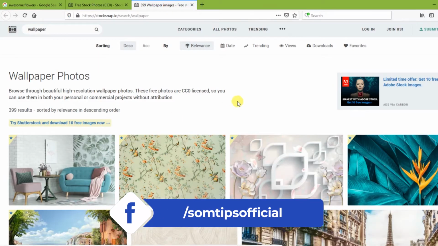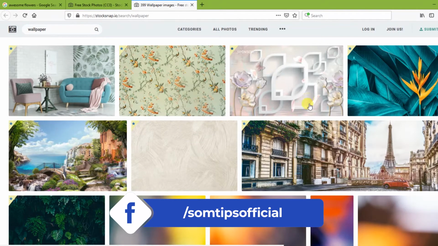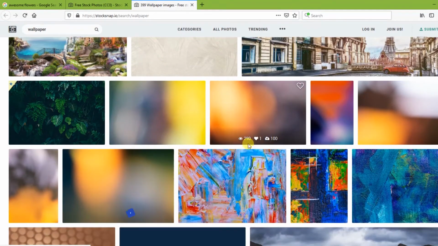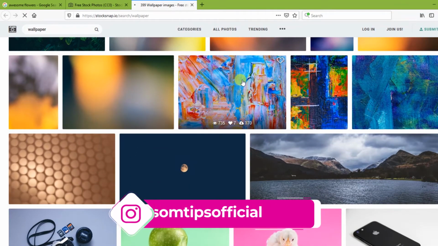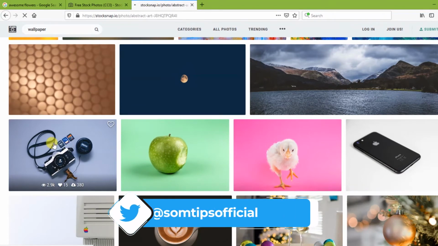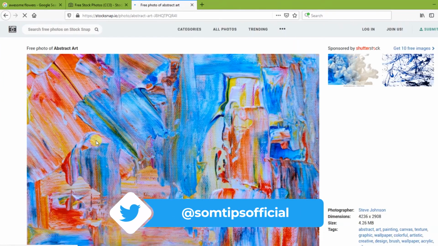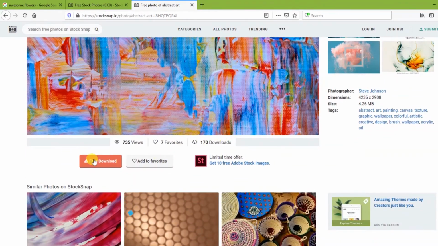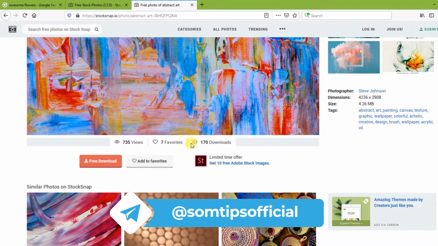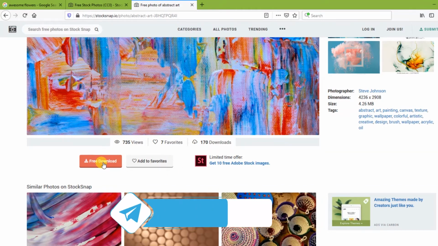If you look at the wallpaper photos, you can see absolutely awesome photos, very good artwork, and colorful images. Let's click one photo here, and you can see some stock footage is also there. Whatever you want, you can search. I am just showing the demo. For the free download, how many people have seen it and how many people have downloaded it are all shown here.